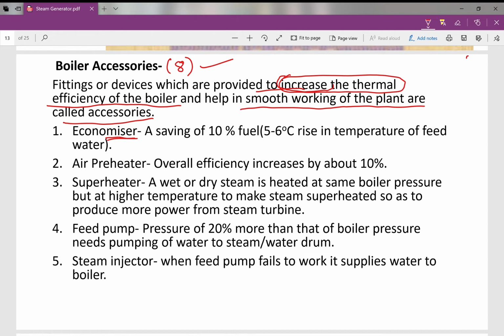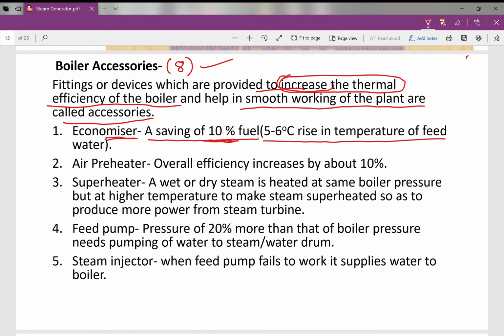So it is obvious that while supplying hot water to the boiler, there could be a saving of fuel, and that saving is generally taken as 10% of fuel. This 10% saving takes place when there is a temperature rise